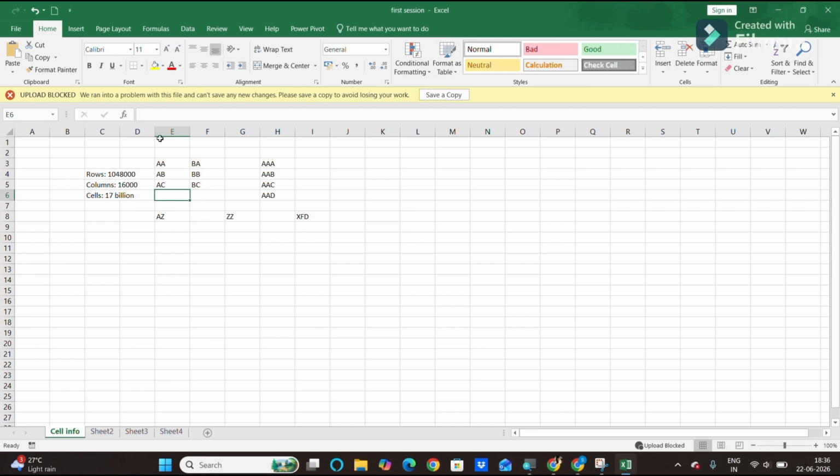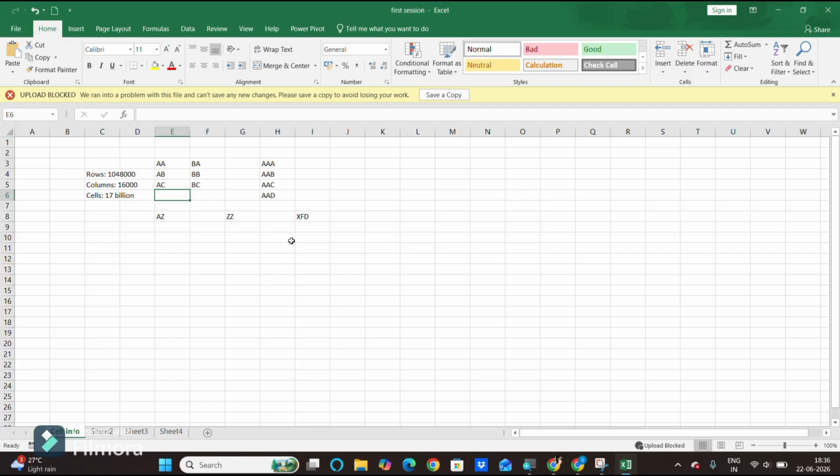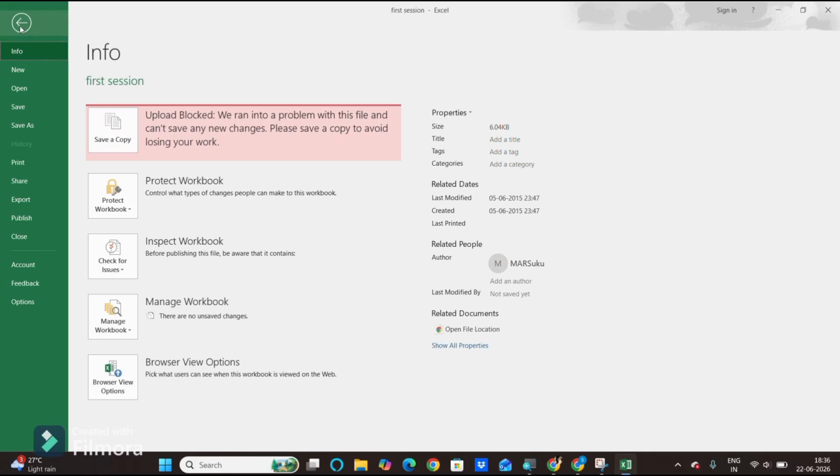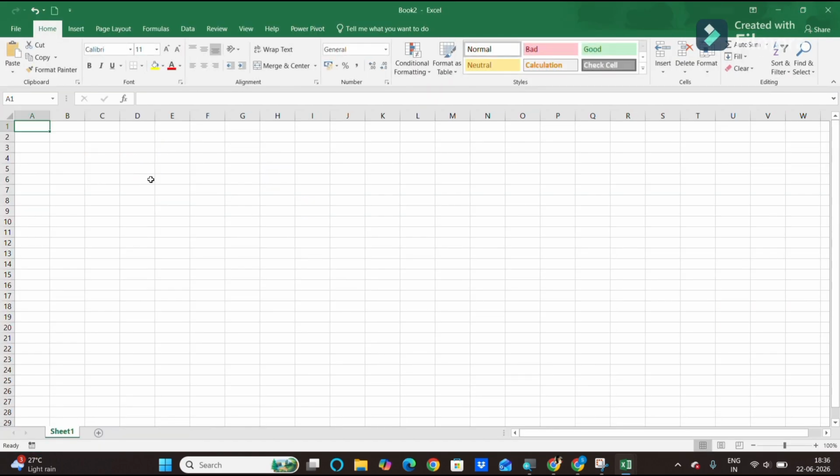Now coming to this whole screen that you are seeing, the Excel screen that you are seeing, that is called the Excel workbook. So if you want to insert cells, we have a tool for that we will learn later. If you want to insert sheets, you can just click on this plus symbol. If you want to insert a new blank workbook, you can go to the File tab here, go to New, and here you can see Blank workbook is the name. You can just click on this blank workbook and it will create a new blank workbook for you.